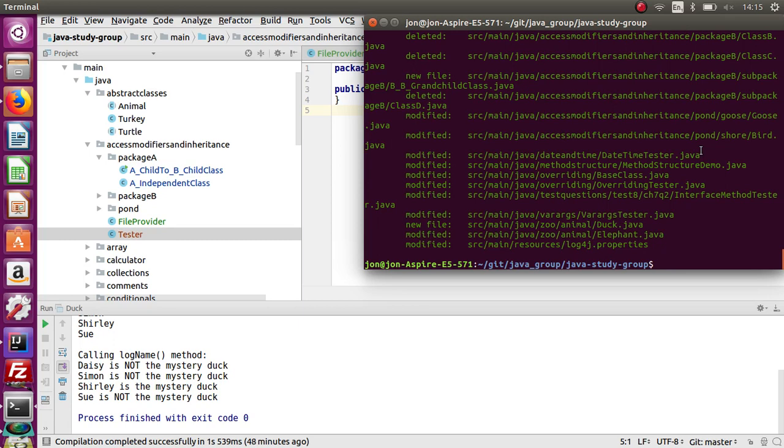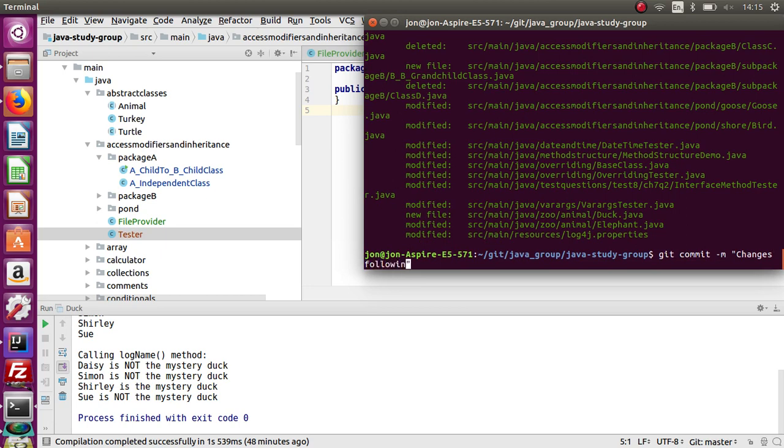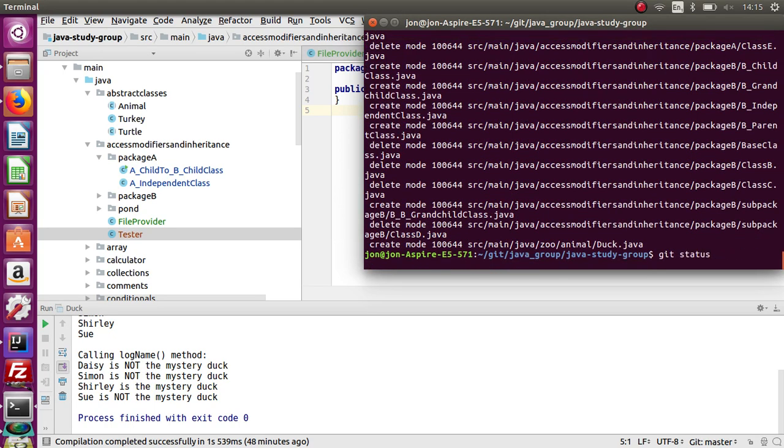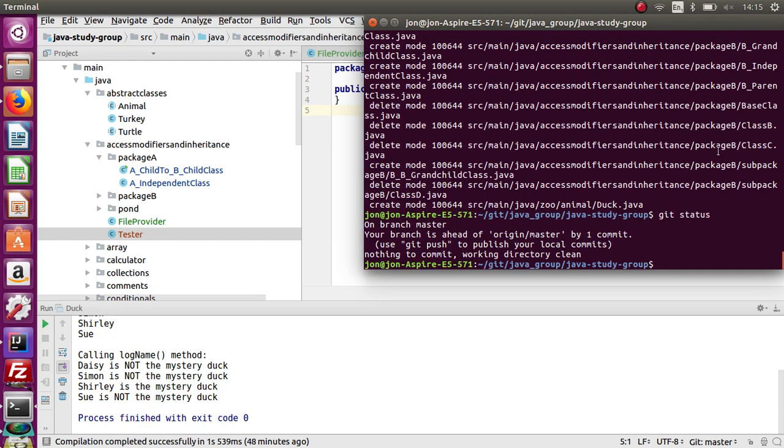So now I want to say, yeah, I'm happy with these. I actually want to commit them. So you git commit, and it's always best if you can do a message, because these messages will be logged against them. So -m "changes following chapter 4 session 2". So commit them there. Now if I do git status again,